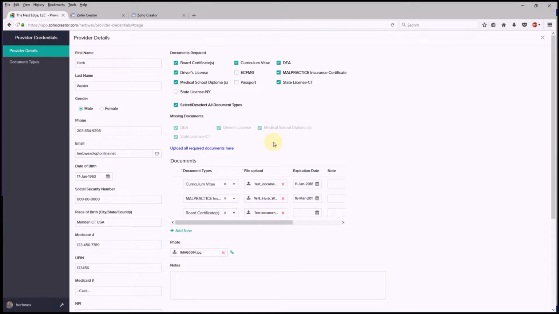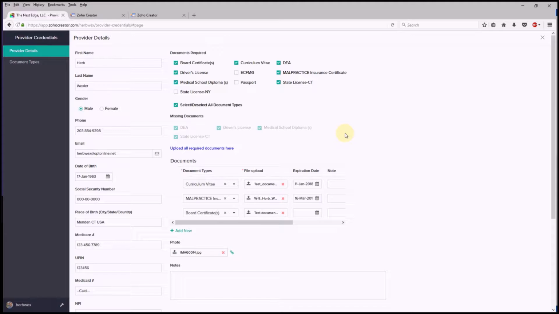So this makes it very easy to track what's missing, because that's more important than what we have. A doctor cannot be fully credentialed unless all the documents are uploaded. And we've got these, which is nice. We need to have them. But now we can contact the doctor and say we need to get a copy of your driver's license, your diploma, etc. So this really simplifies the management of